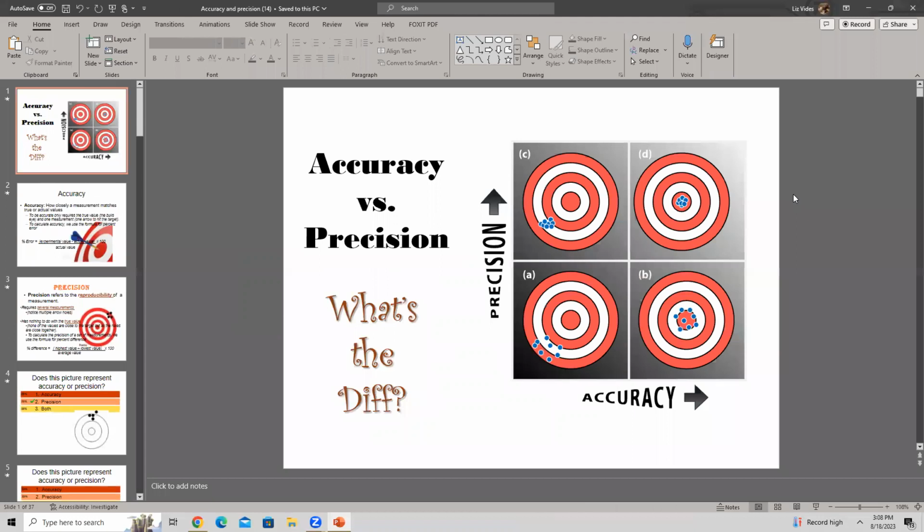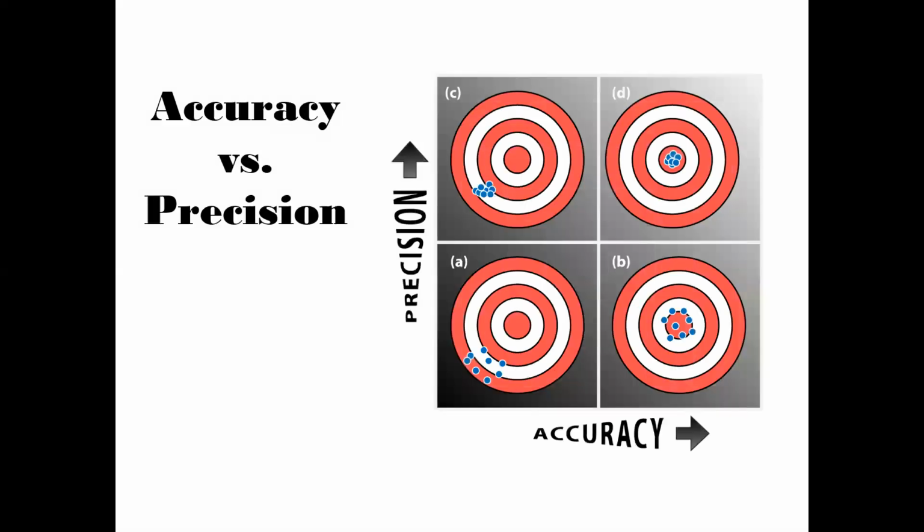Okay, so here we go. This is the PowerPoint for it. We are going to look at these two or four bullseyes. You notice that it says precision increases as you go up and accuracy increases as you go to the right. All right, so what you see here, Kennedy, okay, hold on. I thought Kennedy, no, she's not on there. Okay,